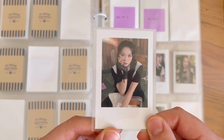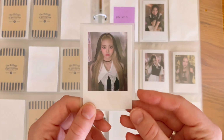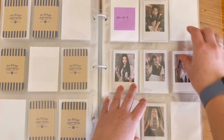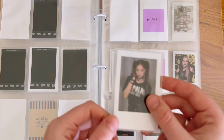Then I have this Suhyun Pola. We'll get there eventually, right? And I have this Shon Pola. So we have the middle row done. Very nice. And then for here, I have Suki's Pola,